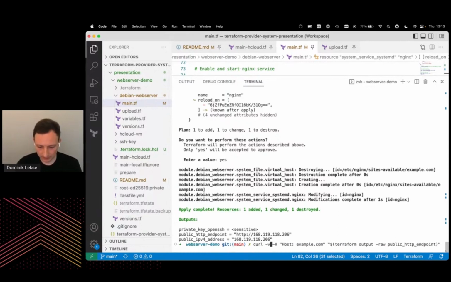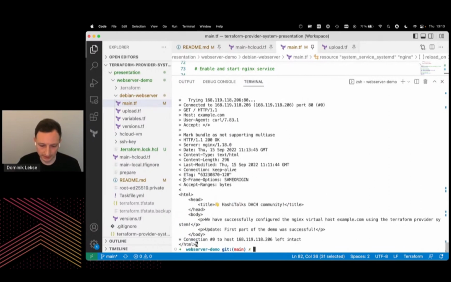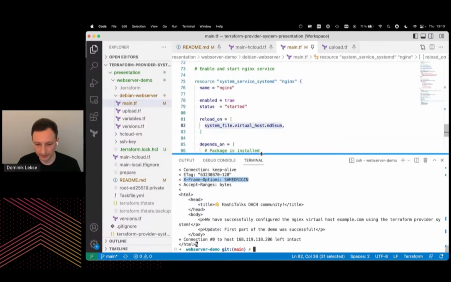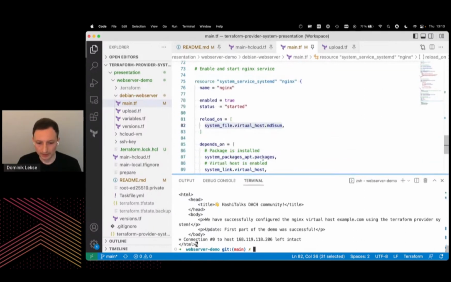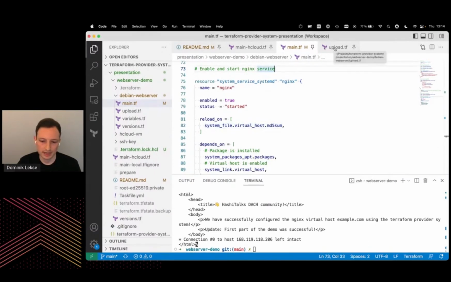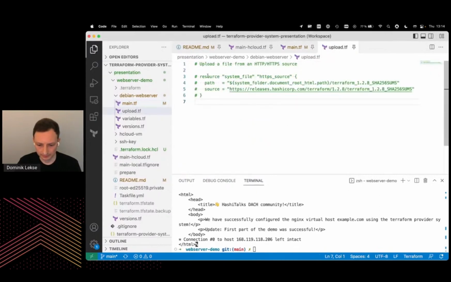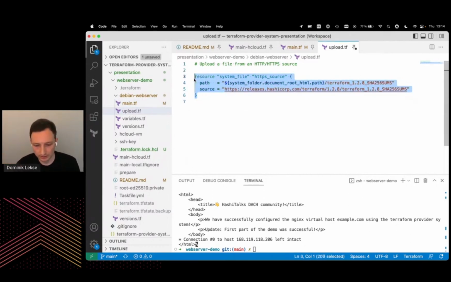And now let's hit curl again, this time with verbose, so that we can see the header in the HTTP response. All right, the last part I want to show is how you can upload a file. You can upload a file directly from a local path. Local means where the Terraform client runs, or you can specify an HTTPS URL. And